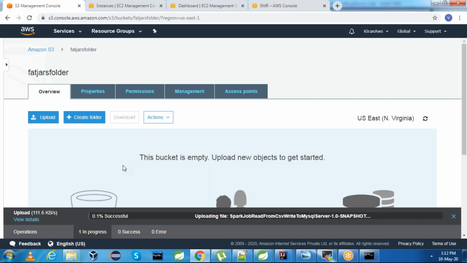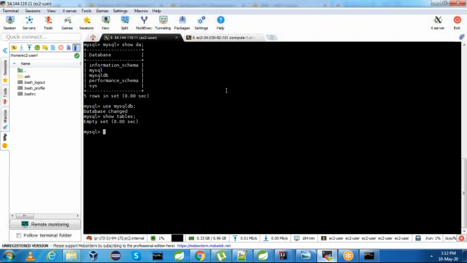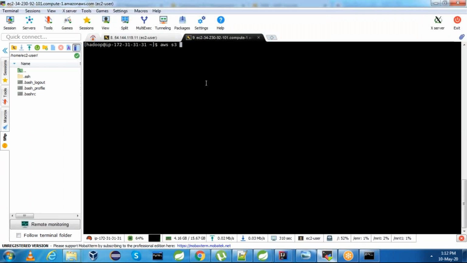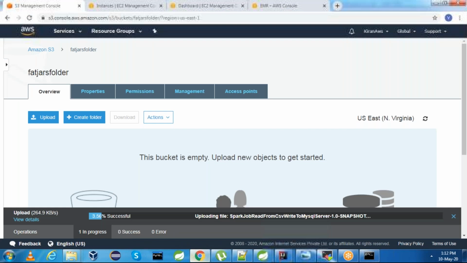Till that time, go back to your EMR cluster and you can see the S3 buckets here. aws s3 ls / will show you the buckets which are there in S3, and this is our fat jars folder. Once the fat jar is uploaded here, we need to copy the file from the S3 folder to the EMR cluster.